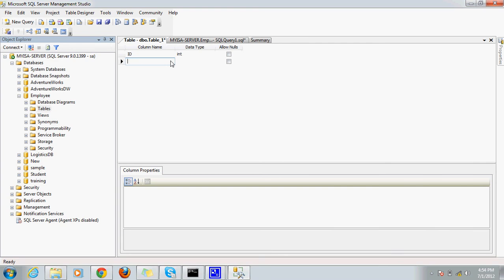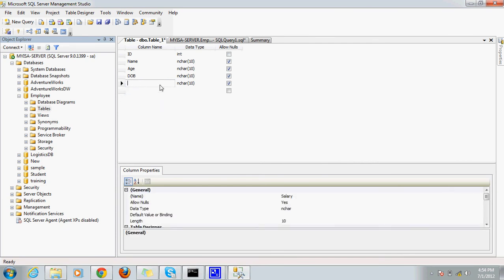So first is ID, name, age, date of birth, salary. Fine, don't provide the salary, we'll provide it later.